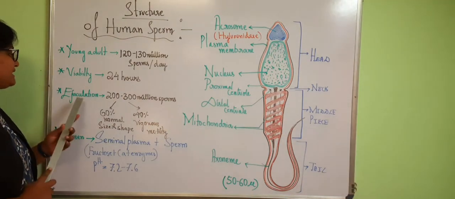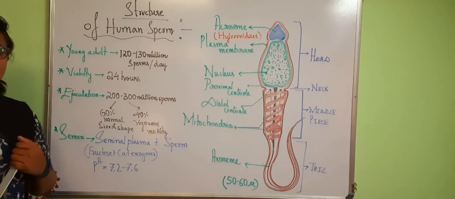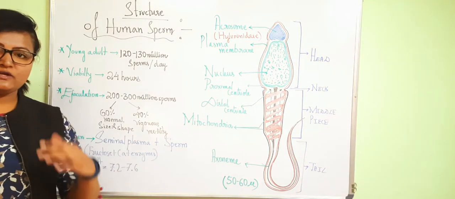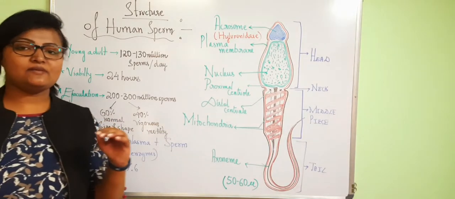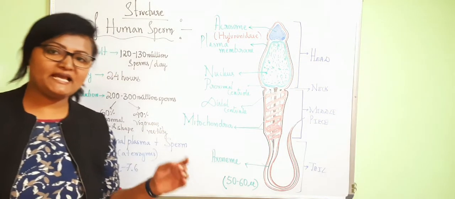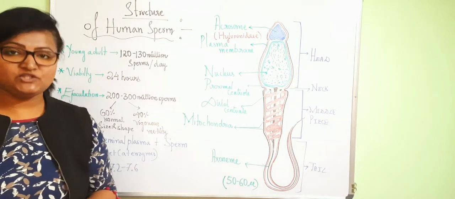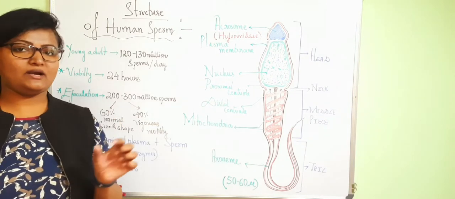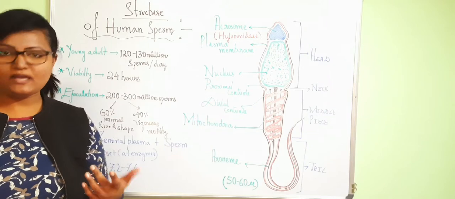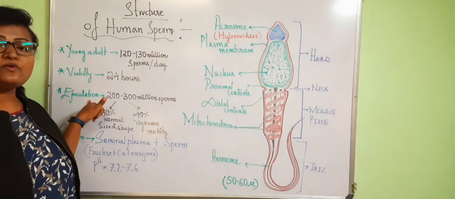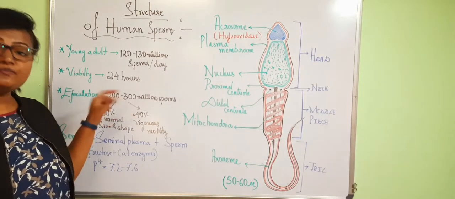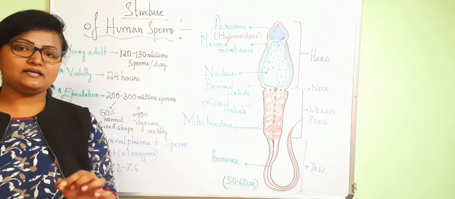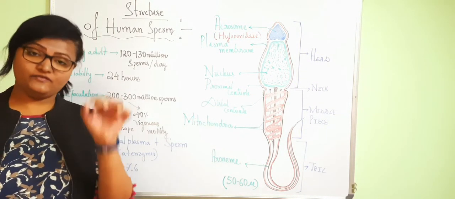Next is ejaculation, meaning the insemination process or gamete transfer. We know in humans it is by insemination, the transfer of male gametes into the vagina of the female reproductive tract by the process called ejaculation. During ejaculation, how many sperms are ejaculated into the female body? 200 to 300 million sperms. Within these